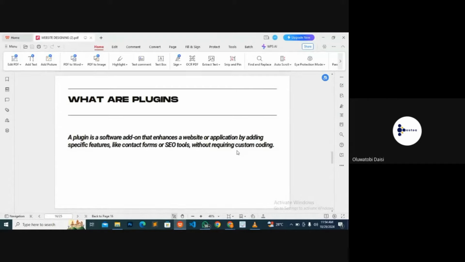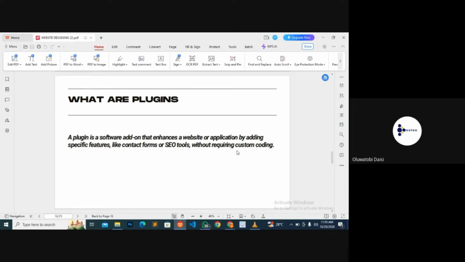Simply put, let's explain that. Your plugins are what give you the functionalities on your website. We've spoken about themes, we've spoken about templates. Those things are only responsible for the looks that you get on your website. You want your image to be here, you want your text to be there, you want to have this kind of color. What is responsible for those things are your theme and templates. Now, you don't just want to build a dummy website that just looks like that and no action can be performed on it.